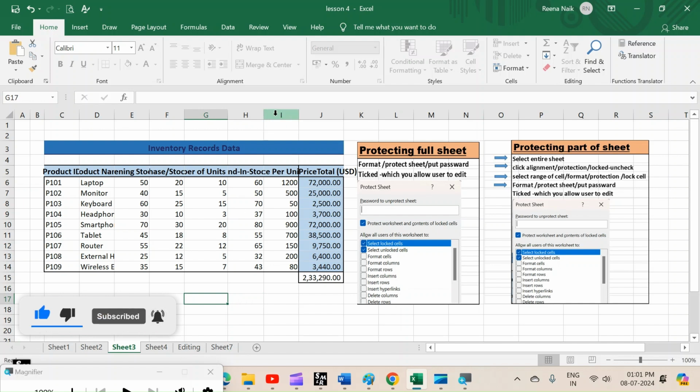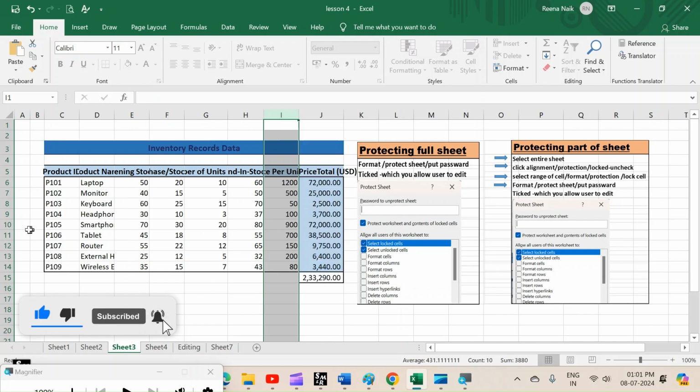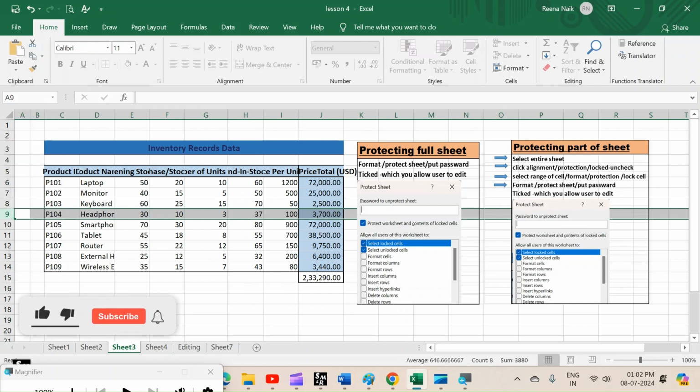If you want to insert the columns and all, we cannot insert because this part is locked. This part is protected. So if we like to insert the columns here, we cannot insert or delete the columns. In the same way, if you like to insert the rows, we cannot insert the rows.